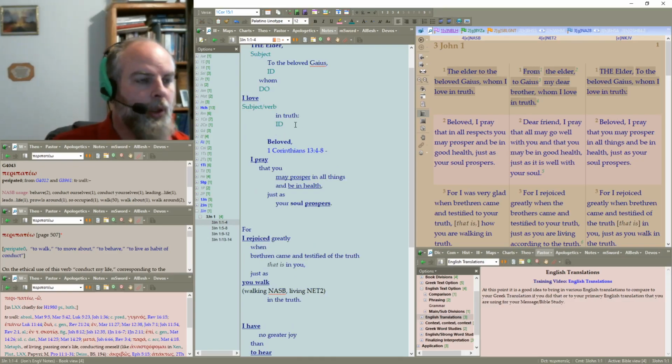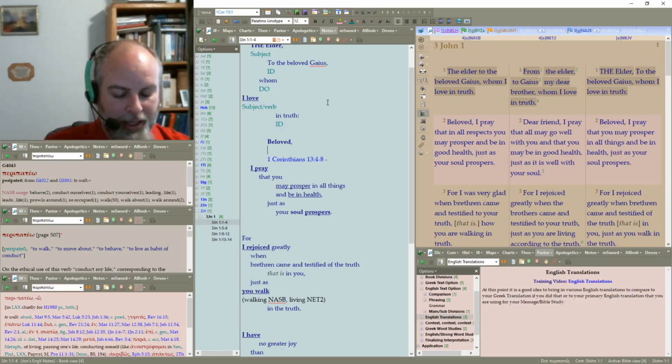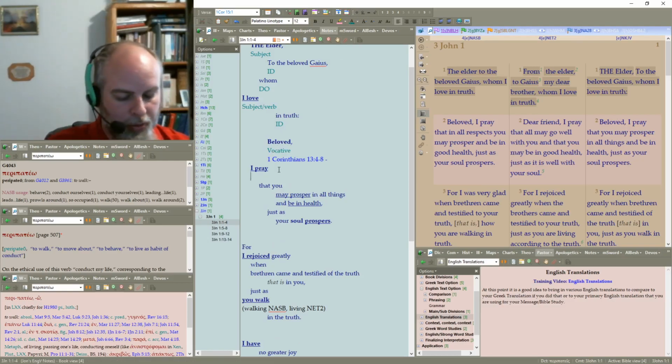Continuing on, we come to the word beloved. Now this is actually in what's called the vocative case, which is kind of a statement of direct address or really pointing to that person. So it could come across as the subject or in another form. So we're just going to call it vocative here. But basically, this is somebody he's speaking directly to. We have a subject,